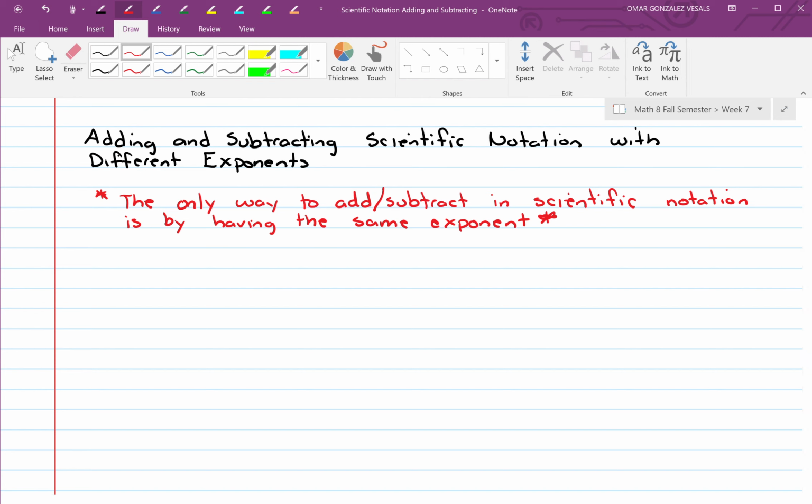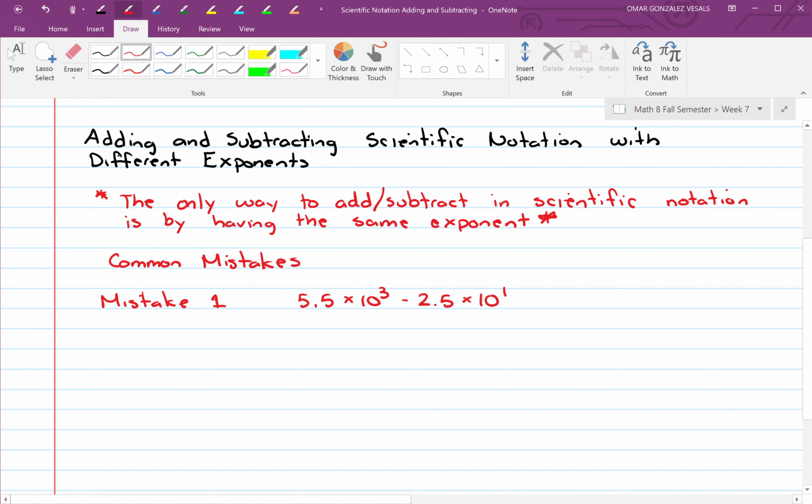So the only way to add or subtract in scientific notation is by having the same exponent. Okay? These are some of the common mistakes that I see. And I'm going to write these down just so you guys see them right off the bat and you don't make them. Okay? If you do make them, it's okay. But these are some common mistakes. We'll call this mistake 1. If I have 5.5 times 10 to the third minus 2.5 times 10 to the first, a lot of people will say, okay,